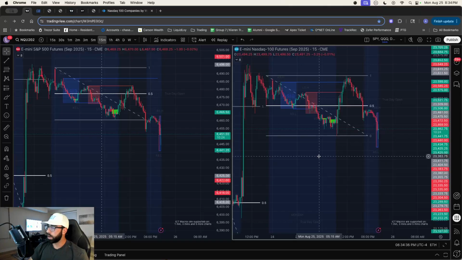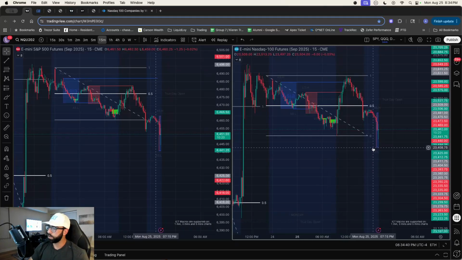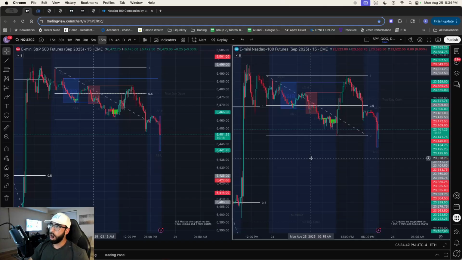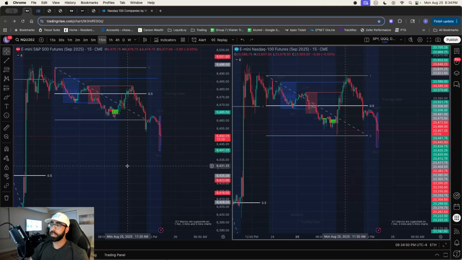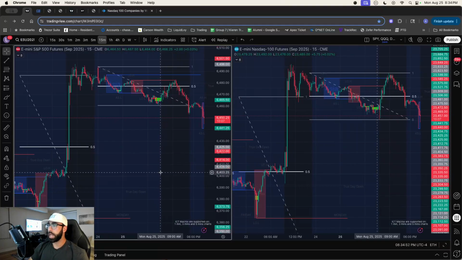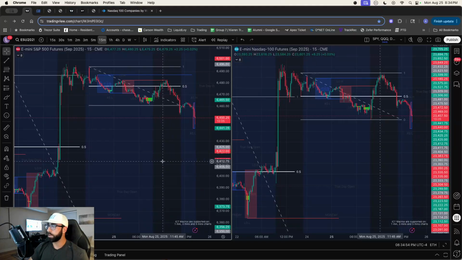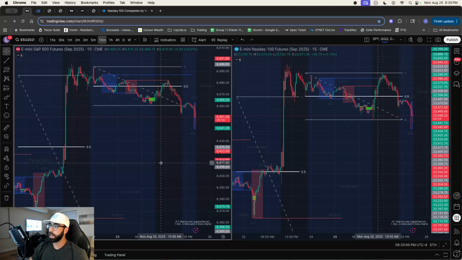But yeah, targets are super important. Another level of confluence other than protected lows are SMTs, or smart money tool, or smart money technique, SMT. We love using SMTs. A lot of traders use SMTs. ICT traders use SMTs. Some traders will never take a trade when there's an SMT.